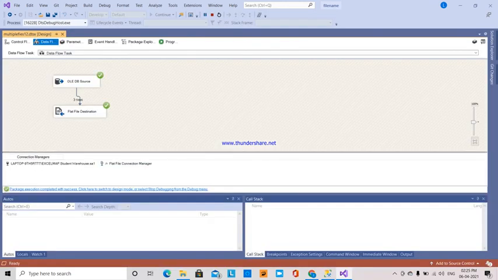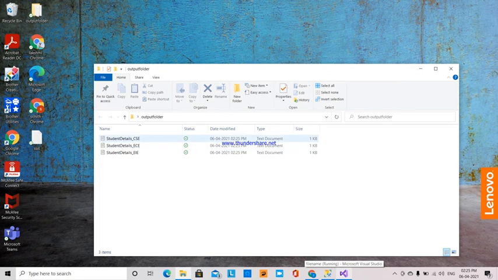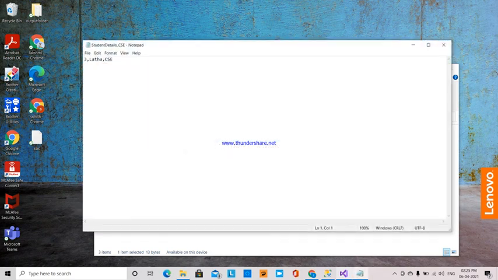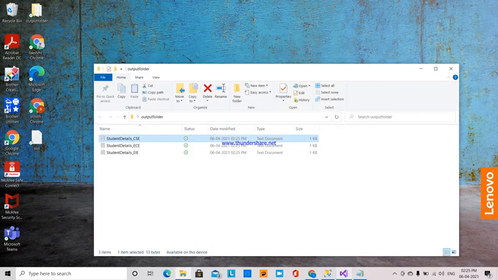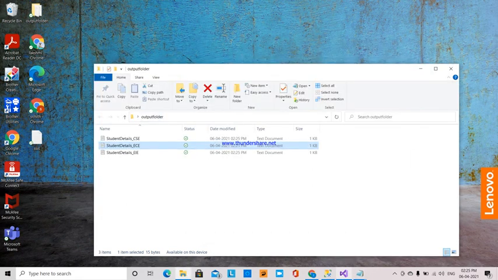See, all the three rows have been processed. If you want to see here the output folder, see all the three student details for particular branch. If you open this, we see in CSE we have one, in ECE we have one student detail.